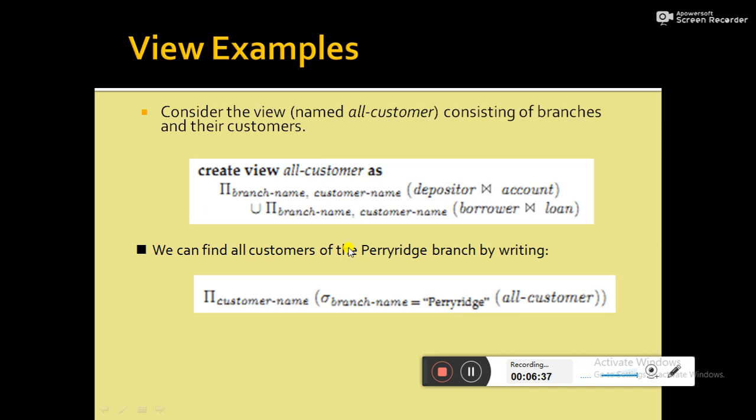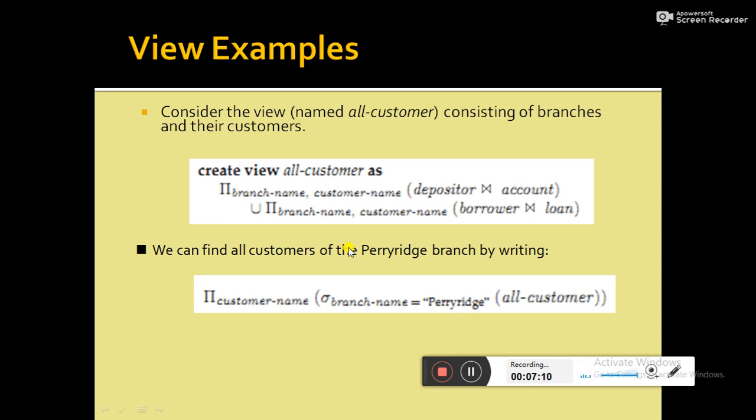Then the bank doesn't intend to expose the exact loan amount or the exact amount of money which they have in their bank account. So that is a security concern. We cannot expose the loan amount, we cannot expose the amount in the particular account, so this data should be hidden from the bank employee.